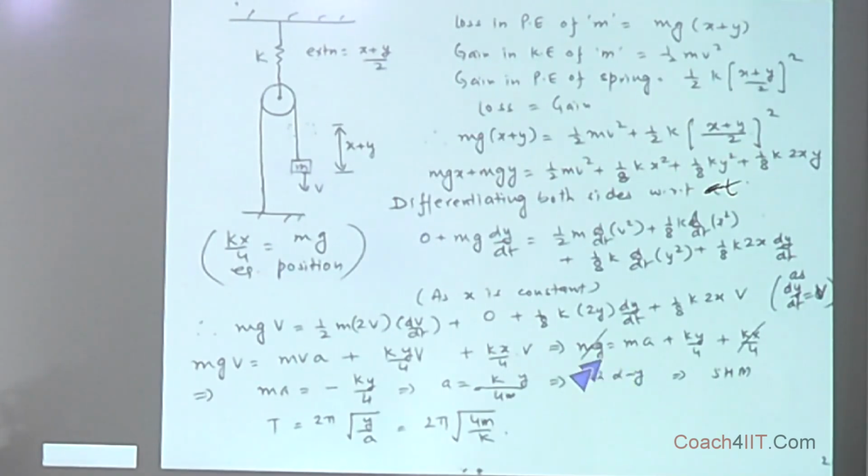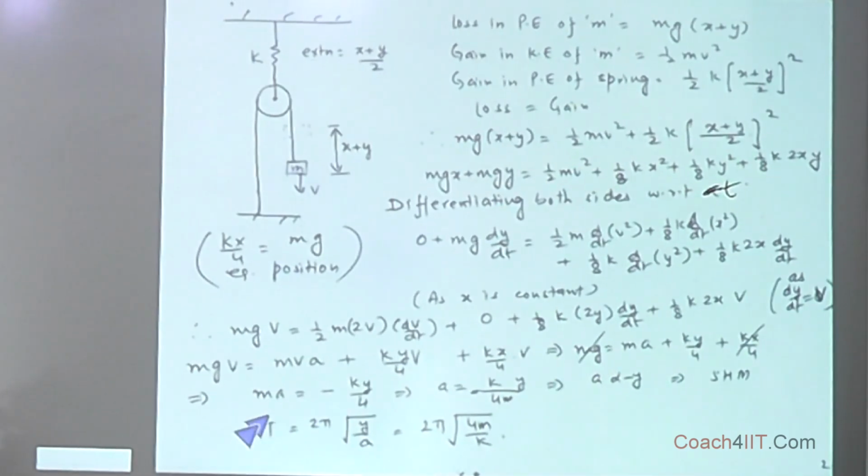This is what is meant by that. That is over here mg comes out to be ma plus ky by 4 plus kx by 4. So what we do is we refer to the equilibrium position that was achieved over here. In the equilibrium position we know that kx by 4 is equal to mg. We had just seen that. So we put it over here, and this kx by 4 is cancelled by this mg. So as a result, we have acceleration proportional to minus k by 4m times y, acceleration proportional to minus y,